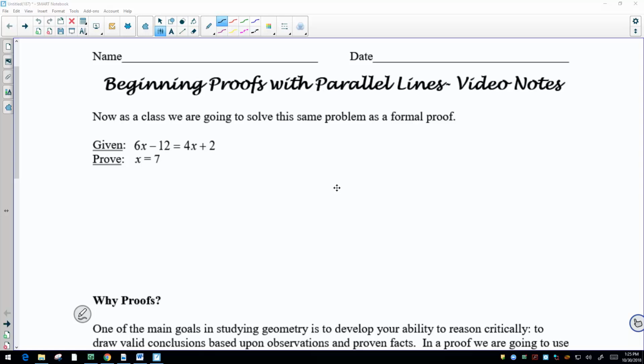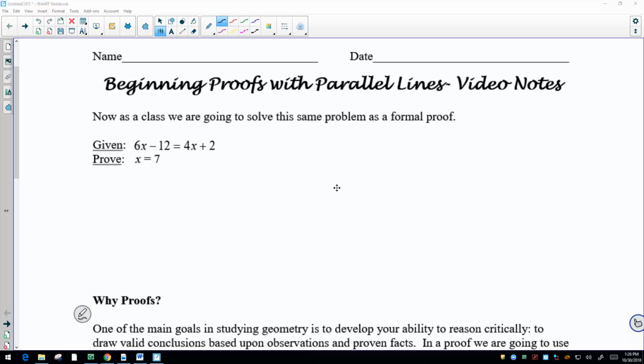So for this lesson, we are going to look at parallel lines, and we're going to start to talk about the concept of how do we do a proof. So the first thing we're going to do is solve a problem. But we're going to look at this in terms of, well, how would we do it as a proof? We could all solve this algebraically and find that x is 7, but we want to actually do it as